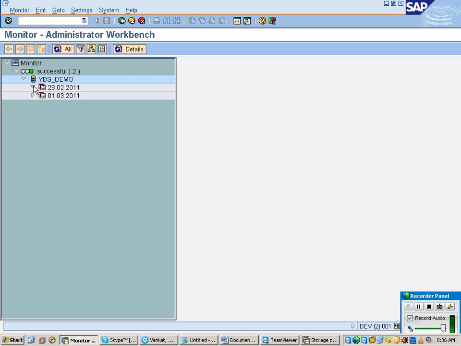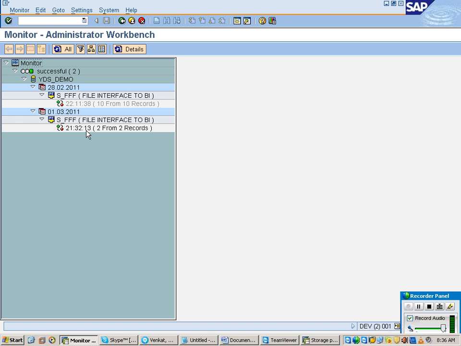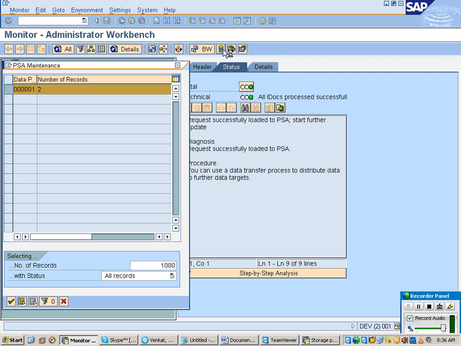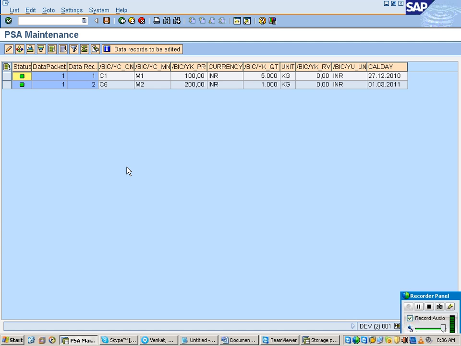This is the load you did yesterday, 10 records loaded. This is the load we loaded today. How many records are loaded now? 2 records have been loaded to your PSA. If you want to see the data in the PSA, same thing: select this load and click on manage PSA. So 2 records are available.